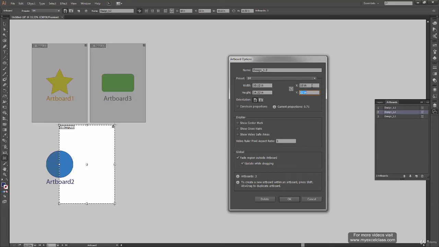So don't do that unless you are sure about your settings actually. So like I was saying, this X will define the X position, how much it should be in the X and where it should be in the Y. So let's say Y 0 and I press shift tab this time to go to X. Now what it does is it brought my artboard center, which is this point, to 0 of Y. So this is the Y axis.